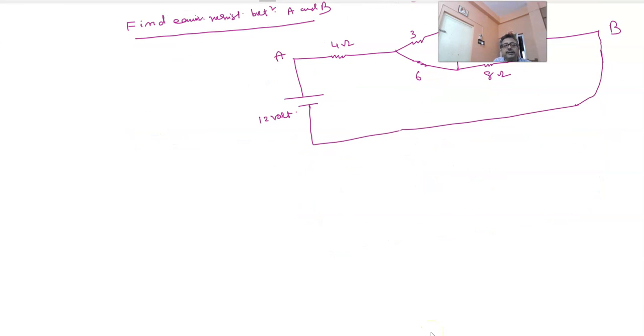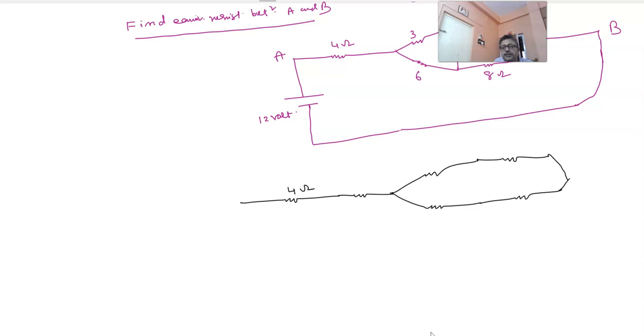Just write the equivalent circuit here. This is going to be 4 ohms. Then this loop will give us how much? Just a minute. This is 4 ohm there. One, I have to take this manner. 2 hands will go this manner. This will join with 7.5. This will join with 8. This point remains the same, that is B. This is 12 volt.